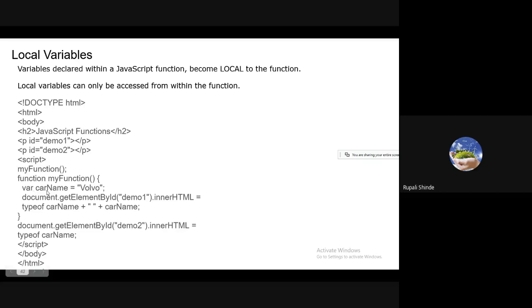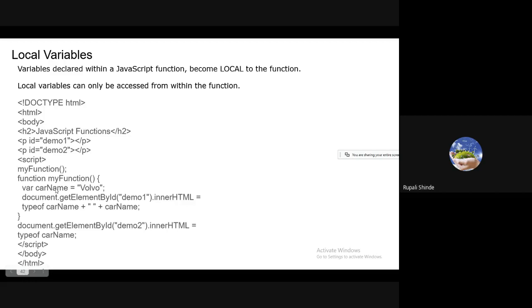In this case, carName is the local variable for myFunction only. After myFunction, there is no identity for the carName. So here I have a variable carName whose value is Volvo. Then document dot, I'm just going to display it on the screen with the help of the document object. After that, I'm going to close the function.